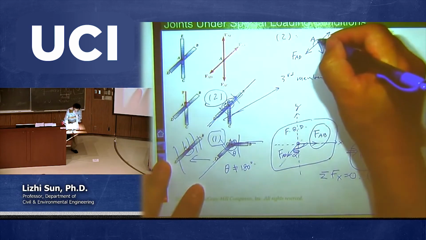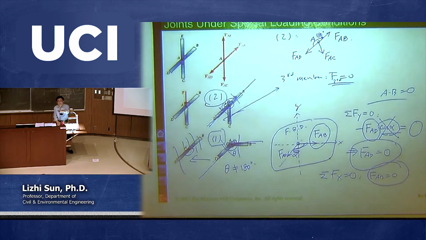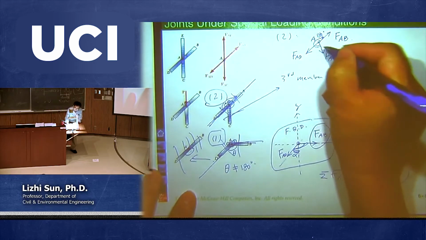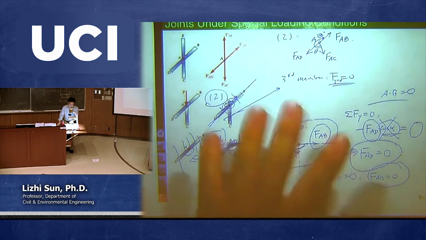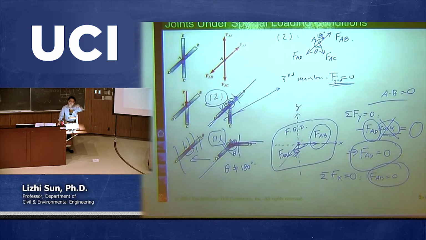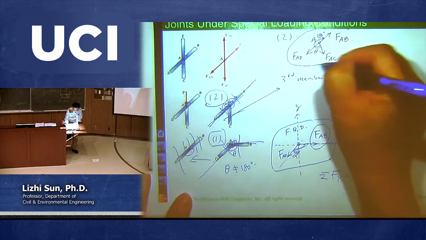So this angle must be 180 degrees to satisfy that 2 members are in one direction. But for the third member, the angle theta can be anything. It can be 2 degrees, 5 degrees, 30, 90, 150. But of course, it shouldn't be 180 because then you would have 2 members duplicating each other. You really cannot design that, right? Okay, so now from this free body diagram,